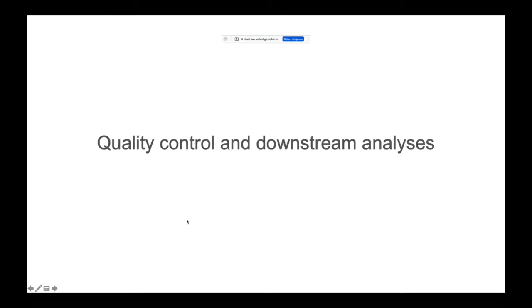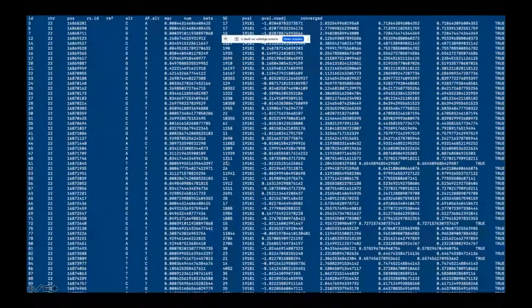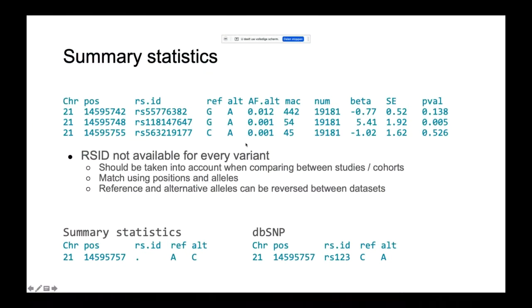Now I'd like to go into the quality control and downstream analysis after having done any GWAS for any given cohort, or after you've perhaps downloaded summary statistics from the internet. So generally the output of the GWAS is represented as a large table wherein every row represents a variant and the columns indicate to which variant the row pertains, and if that variant is associated to any degree with your outcome measurement. So looking at this summary statistic snippet in more detail, we can see the chromosome position, the variant